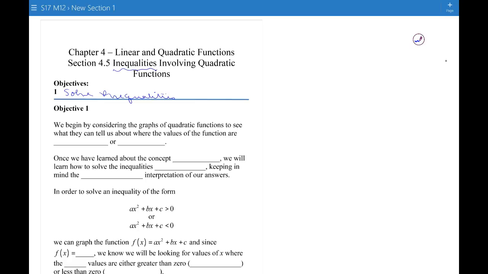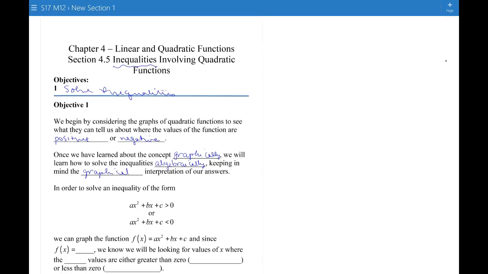And we begin by thinking about the graphs of quadratic functions to see what they can tell us about where the values of the function are positive or negative. So once we have learned about the concept, we'll learn how to solve inequalities. And we're going to learn about the concept graphically, so with pictures first. Then we'll learn how to solve the equations algebraically, but you're going to keep in mind the graphical interpretation of